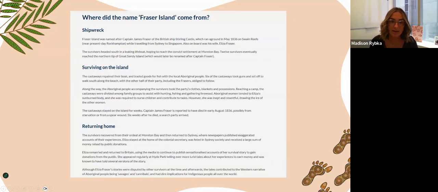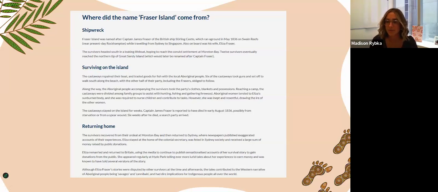So where did the name Fraser Island come from? It's a bit of a story. Again, this is from the website, so it is great information if you want to use these as resources as well, explaining the local area. They've briefly brought that up in that beautiful poetry story about who came and who it was, Eliza Fraser, surviving on the island, and they were trying to help her, and then returning home, and how she remained in Britain and told her story. And then eventually they've changed the name to Gari. So again, certain little things like this.